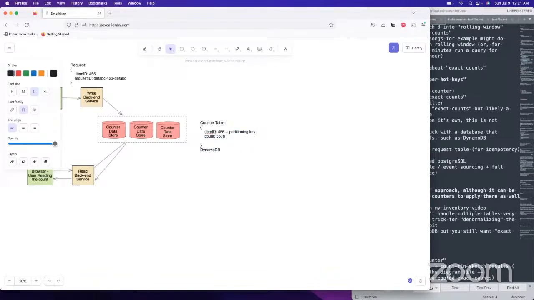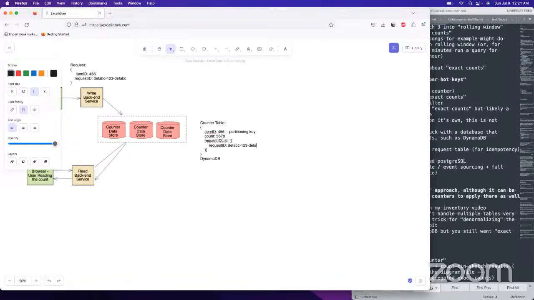You would have this request ID list thing, and DynamoDB is a document store, so you can have these nested attributes like this. So you would have a request ID.